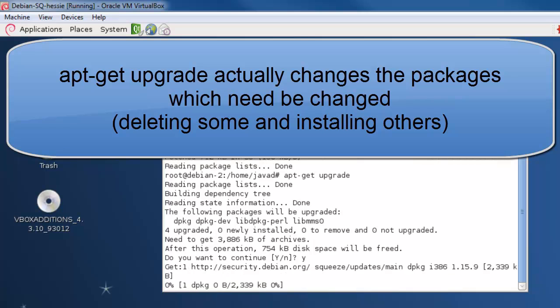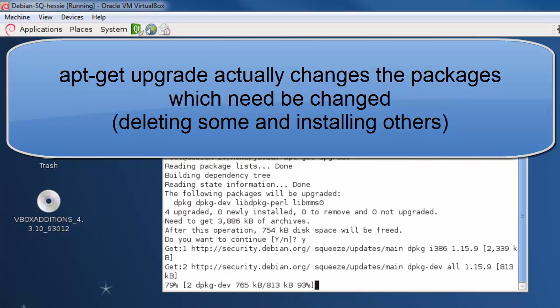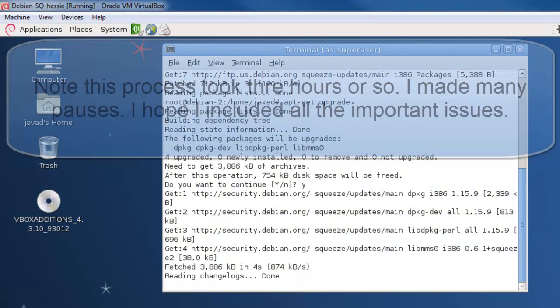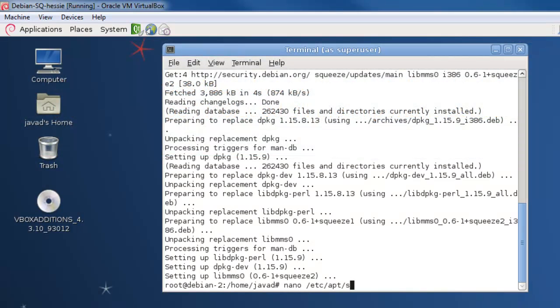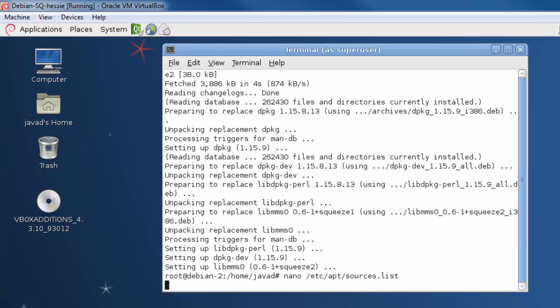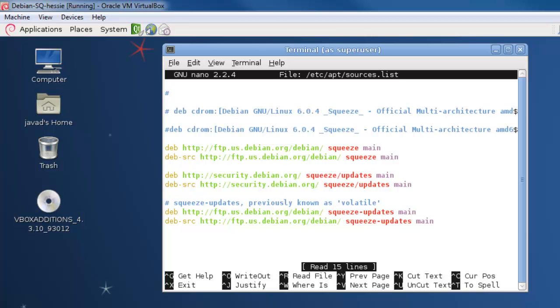So once this is done, I will have the latest Squeeze. So now I have the latest Squeeze with all the latest packages, and I am going to change the sources list now. The sources list lives in /etc/apt, and I am going to